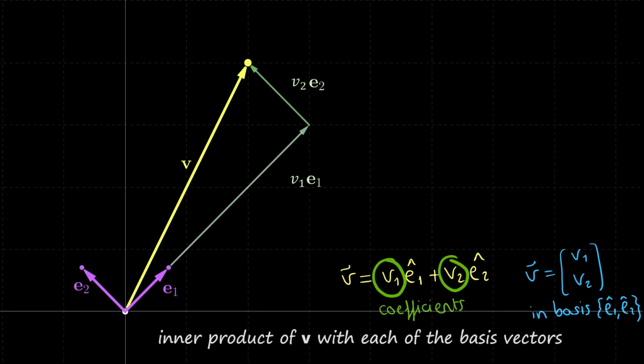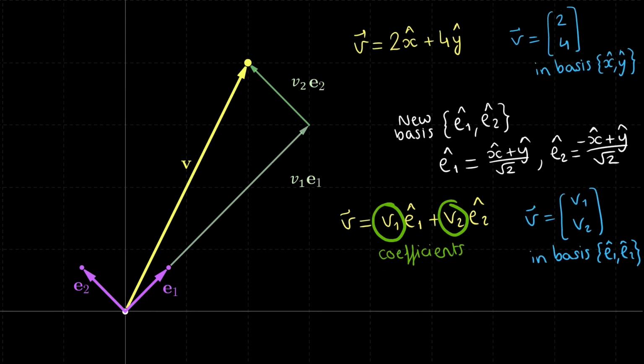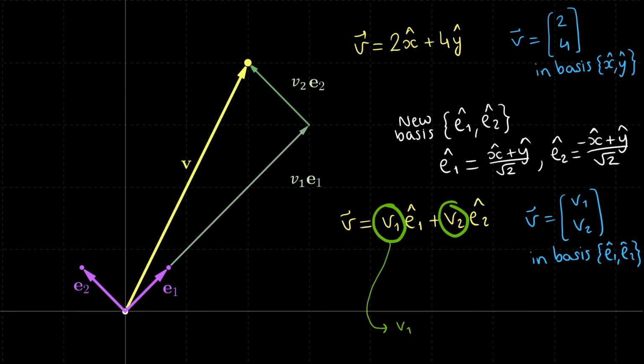We only need to do the inner product of v with each of the basis vectors to find the corresponding component. For example, the first component, v1, is equal to the inner product between the vector v and the basis vector e1. That's it. Since we are in real geometrical space, the inner product is the dot product. So if we do this dot product, we arrive at v1 equals 6 over square root of 2, which is